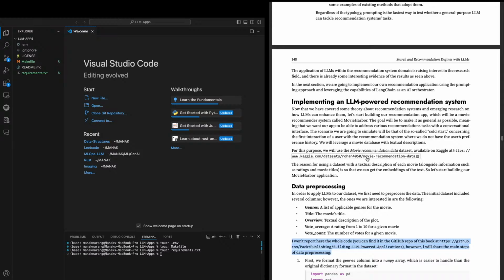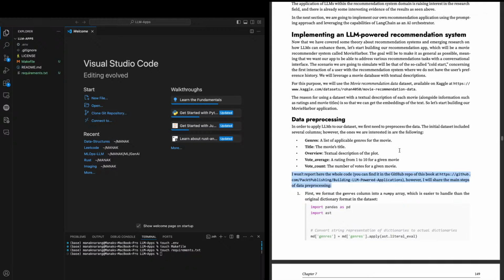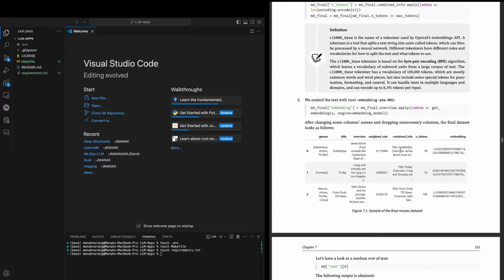Okay, so they'll be using a Kaggle dataset for movie recommendation data. We'll probably go through that.